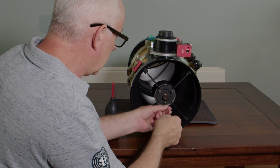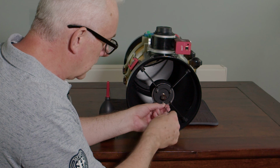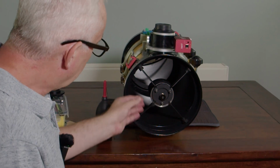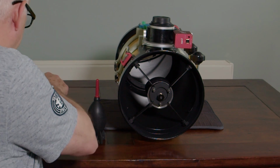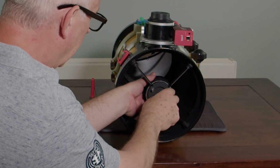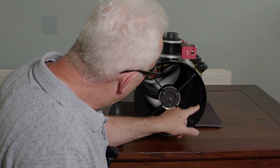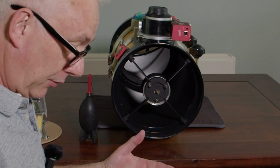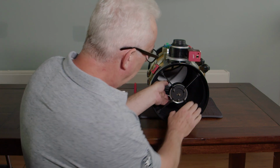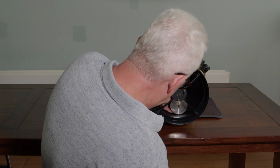And again, you can see I'm not needing to use a lot of force to break these grub screws. And that's it. You can already see now with my telescope, the secondary is loose. And I can essentially remove the thumb screw. Because of the offset in the spider, you'll not be able to bring it through the front. So what you need to do is to take the secondary back, lower it down and place it inside the